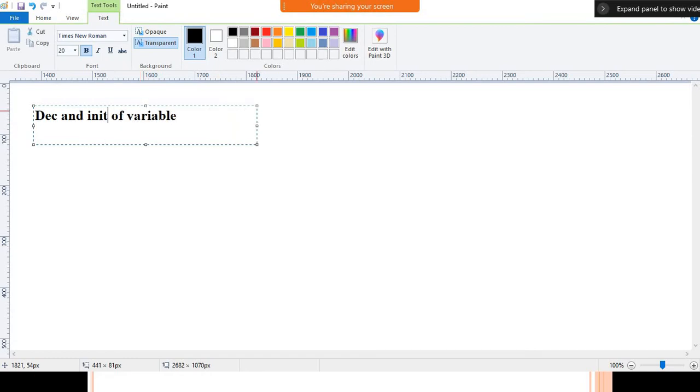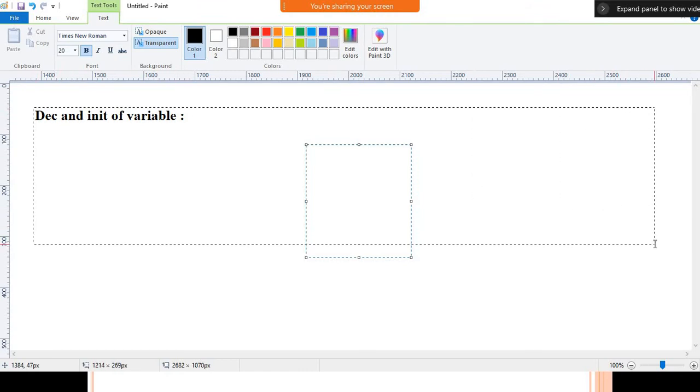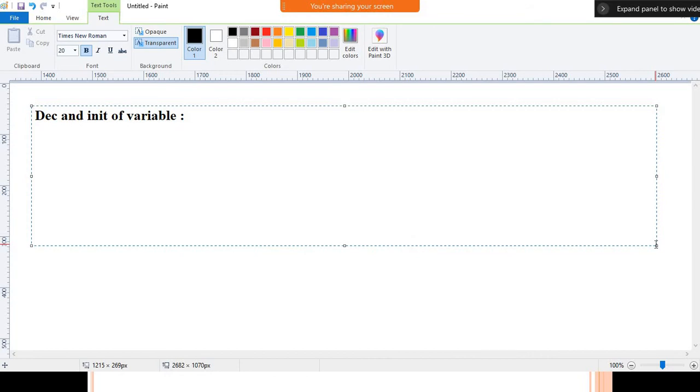Okay, so in the last section we did that operation separately. We declare the variable separately, and after that we initialize separately. But now we'll discuss how we declare and initialize a variable similarly in one single statement.